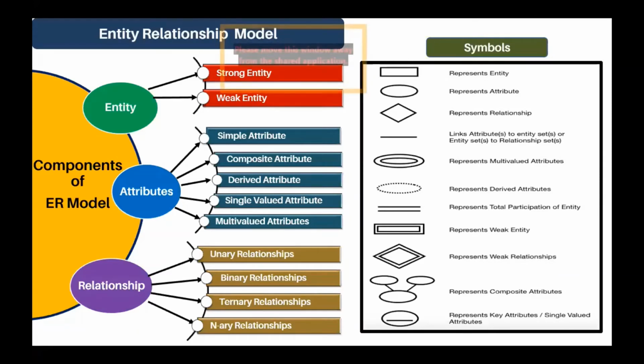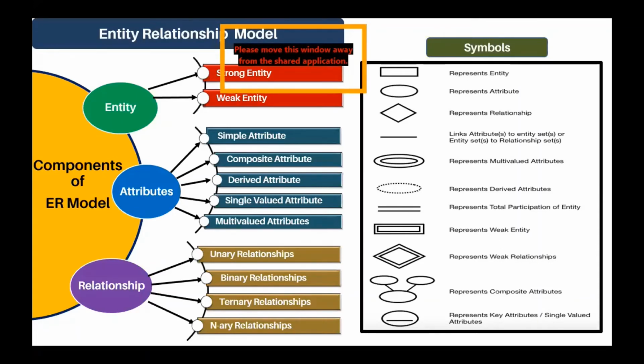Okay. Right now, keep in mind a strong entity is an entity which is not dependent on any other entity for formation of primary key, and a weak entity is an entity which is dependent on another entity to form the primary key. Now see the symbols. Your strong entity is always denoted by a rectangle symbol. Okay, a rectangle is used to show a strong entity, and a weak entity can be shown with a double rectangle. You can see my arrow. A weak entity can be shown with a double rectangle. Okay, that represents the weak entity. Okay, now we will go on.